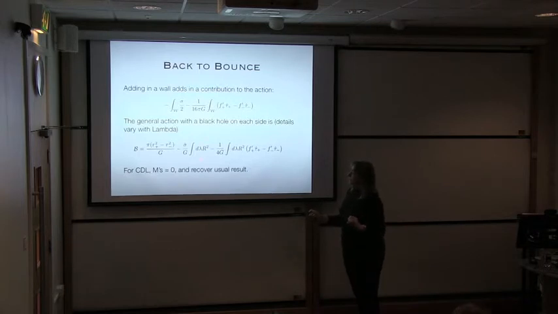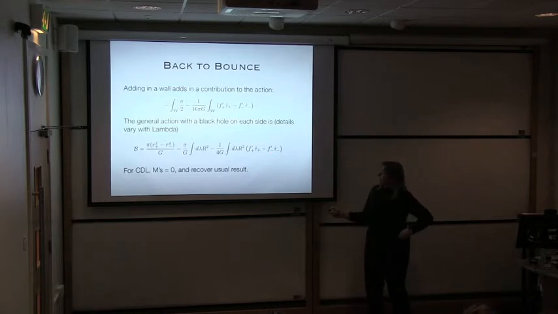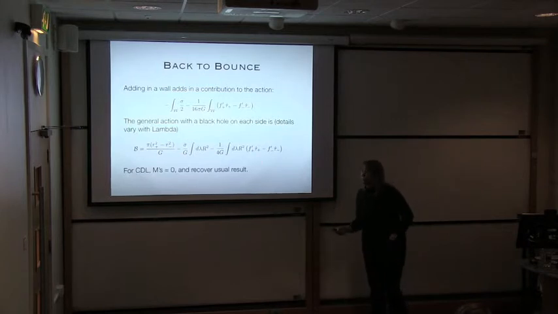This is the action of the wall here, the integral of the tension times an area term. Lambda is the proper affine time around the wall. And then this is the other piece. So everything drops out, and what you're left with is just integrating over the fundamental period of the wall. So that's the overall